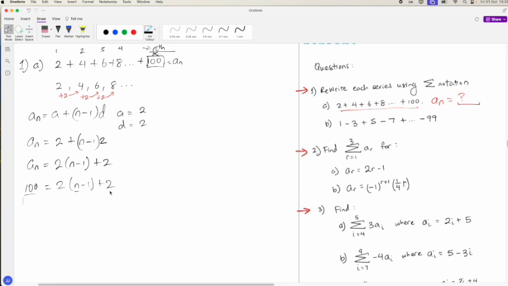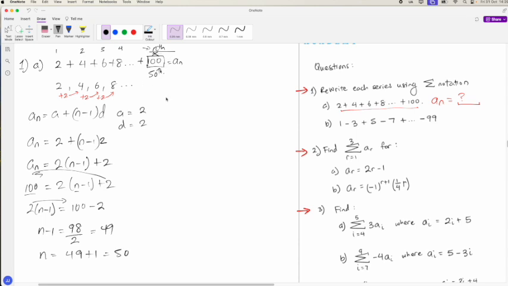I'll throw across the 2. So 2 into n minus 1 is going to be equal to 100 minus 2. I'll throw across this 2 here. So n minus 1 is going to be equal to 98 divided by 2, which is 49. So n is going to be 49 plus 1, which is 50. So this is the 50th term,